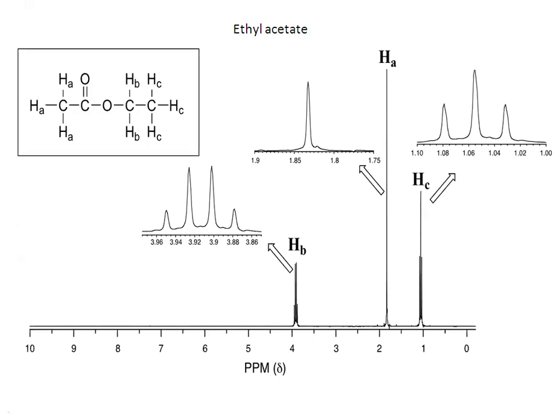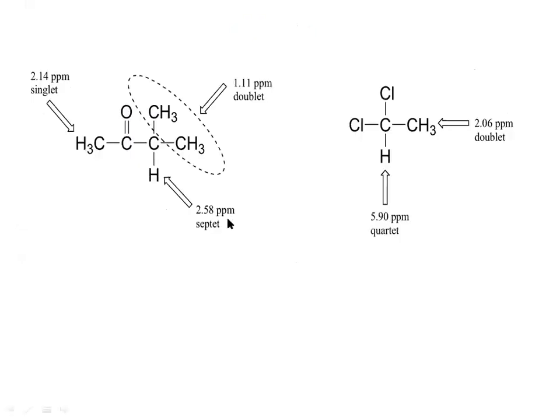Check out the multiplicity values. HA proton doesn't have any kind of neighboring proton, so it's going to come out as a singlet. You can see out here that it is coming out as a singlet. While HC proton, there are 2 neighbors, so it has to come out as a triplet. While HB proton, we have 3 neighbors, so it's going to come out as a quartet.